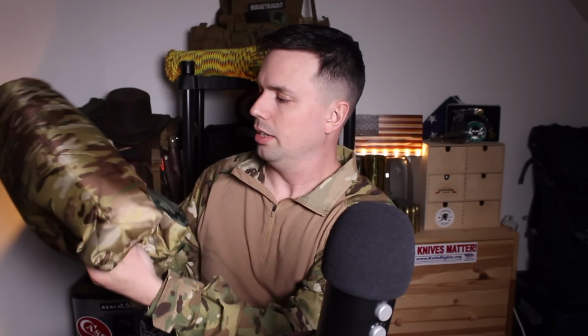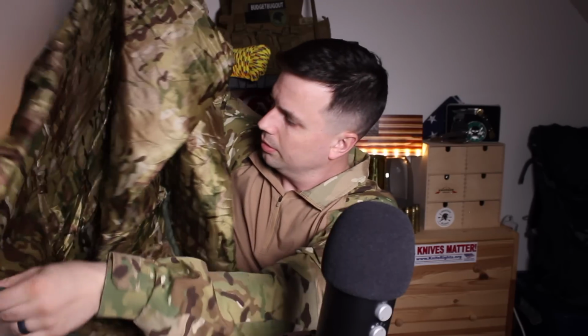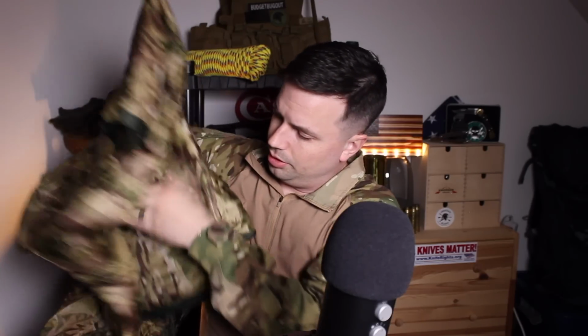Yep, this is definitely a poncho liner. Hopefully you guys can see that. So yeah, this is kind of a versatile thing for those of us who are in the military, especially people who are in the military probably back in the 90s or whatnot. But basically you take these things and you can stay warm